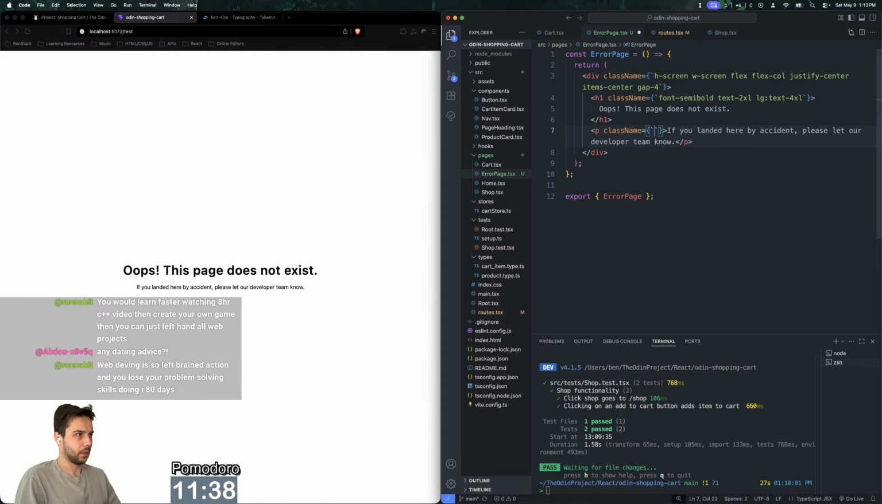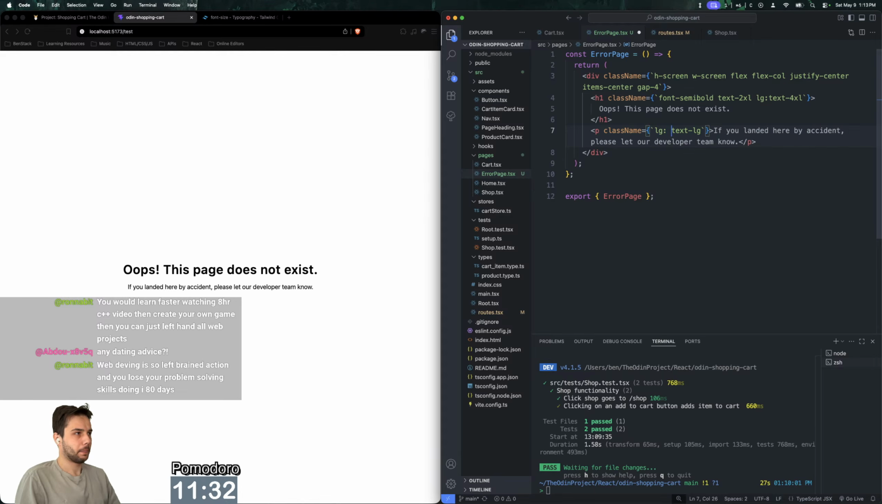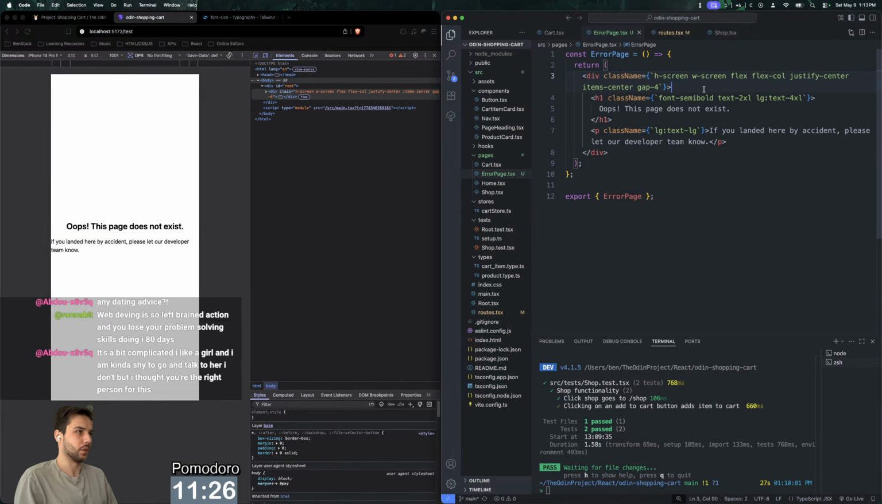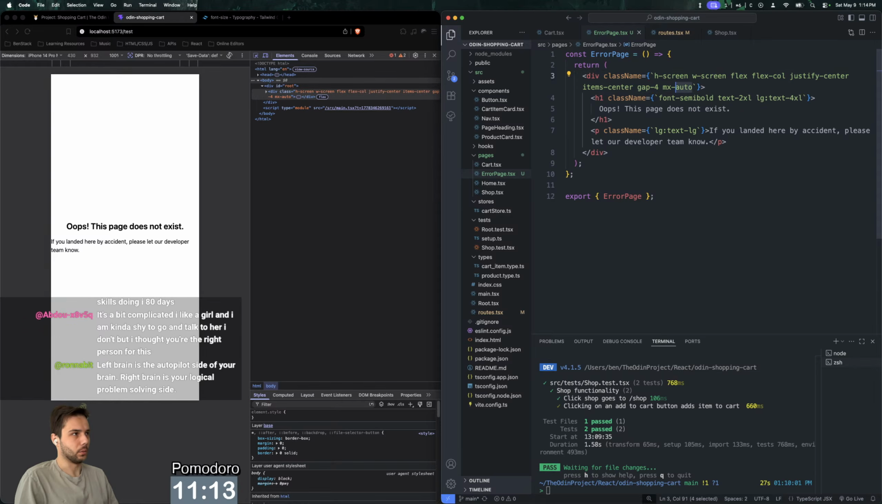I'll do text large maybe. And then otherwise just keep it default. And then on the mobile view, we've got, okay, so then we need some margins on the mobile view, right? So let's do some margins. We'll do MX auto, or I guess auto doesn't work because